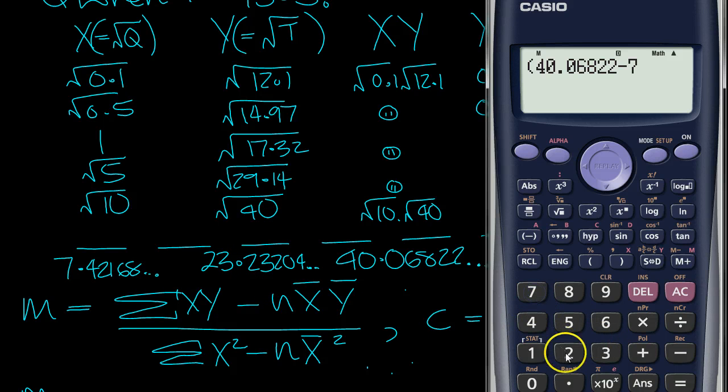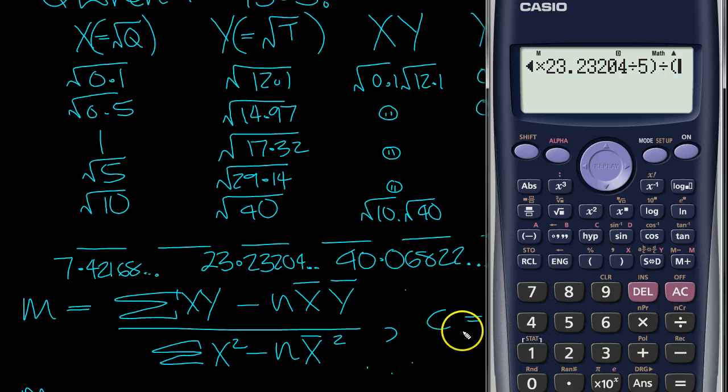So it's 7.42168 times 23.23204. Now one of the 5's will cancel, so just divide by 5, close bracket,